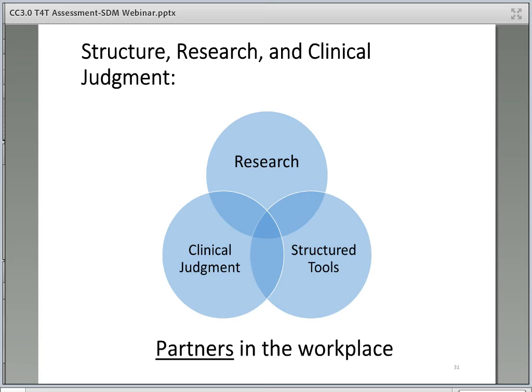Instructors can highlight this in the classroom by reminding workers that SDM tools are not used alone to make decisions. A well-balanced assessment includes the use of structured, research, and evidence-based tools, as well as the worker's own information gathering and research about the family, engagement with the family and their support networks, consultation with their supervisor, and their own clinical judgment.